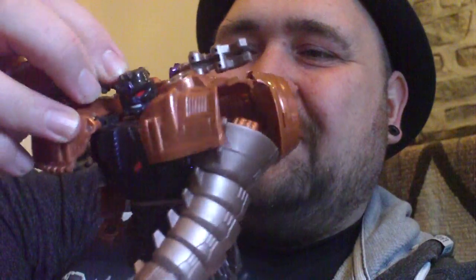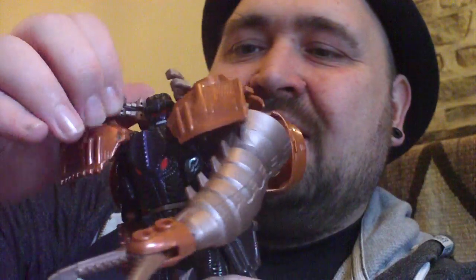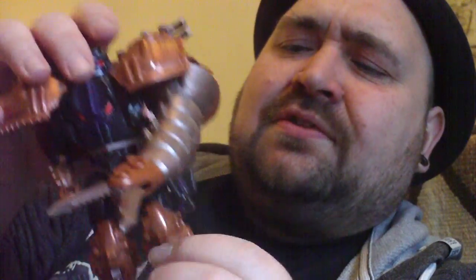So then he's got his big shoulder pads. You can flip his little T-Rex arms. You can pose them how you like, so you can pretend they swing out as blasters, like they do in the show. But all in all, this is just a fantastic example of Megatron. What I say, I do prefer this over